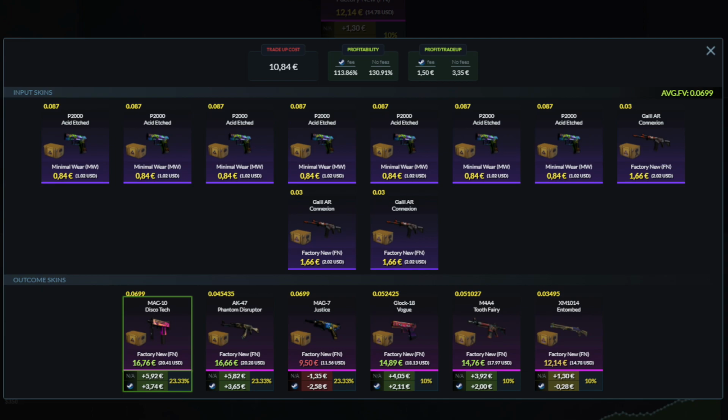We're on the 10 to €11 range. This trade up is going to have a 13.8% profitability, giving you €1.50 on average each time you complete a trade up. So for the inputs, you should use 7 minimal wear Prisma 2 skins for 84 cents with buy